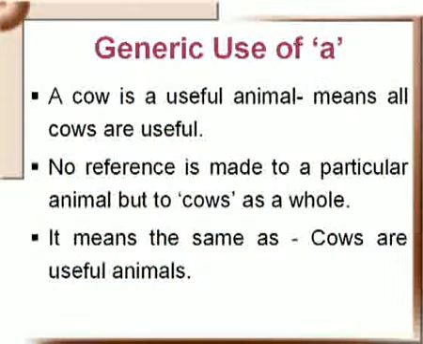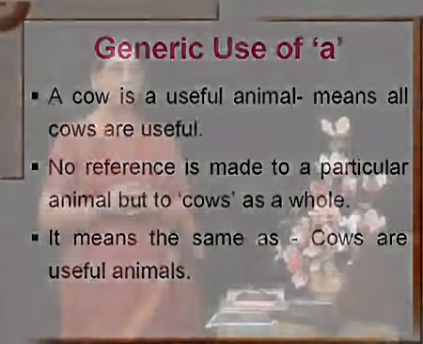In that sense, when we make a reference not to a particular animal but to the species as a whole, we need to use the article a. It would mean the same as all cows are useful animals or all dogs are faithful animals. This is again another rule or a deviation from what you might expect as a standard in the use of the article a. When we talk about the use of the definite article the,